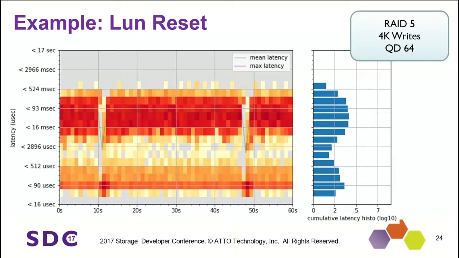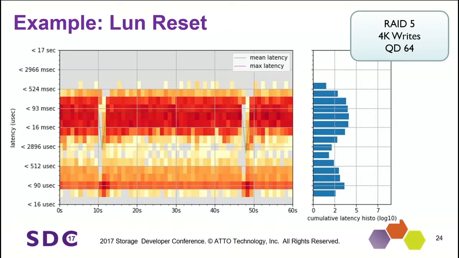So this is all run in SCSI, and look, it's a LUN Reset. So here we have a RAID 5 going on with 4K writes. And when we were measuring some of this stuff, we had a little delay at the host, and it caused a LUN Reset. But look at how neat this is. I think this is really cool. You can see what's going on here. We're going along, and once again, we have a little bit of bimodality because of our cache filling up. Okay, but it's not as bad as what we were seeing before.